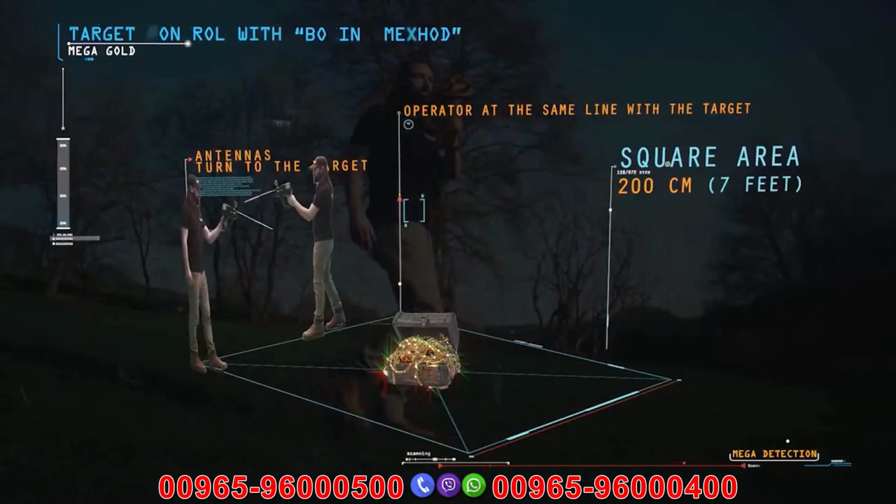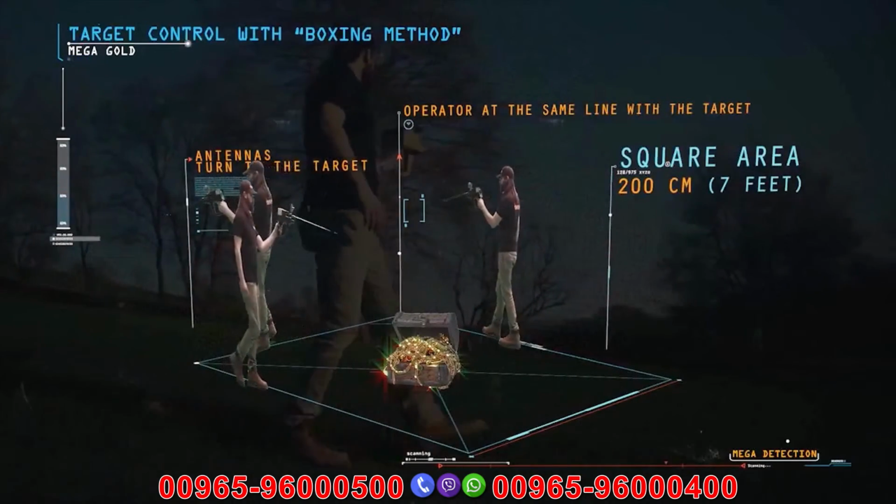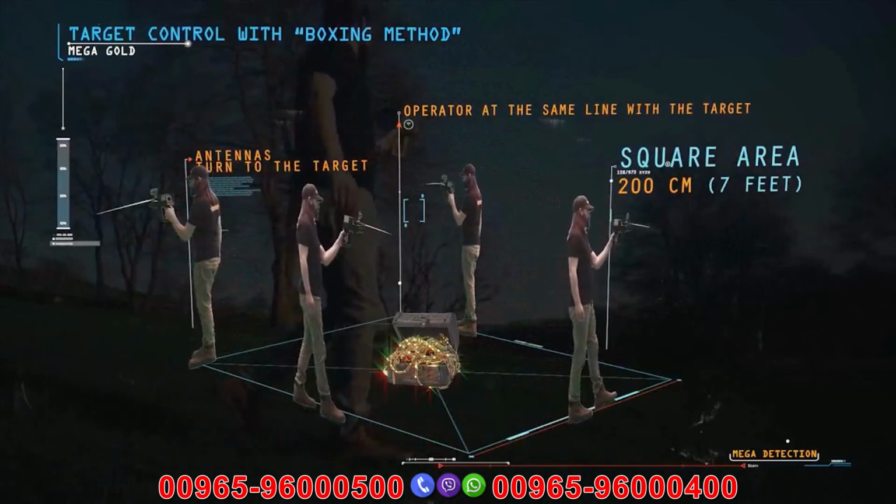Target control with boxing method. This method allows the operator to determine the target location